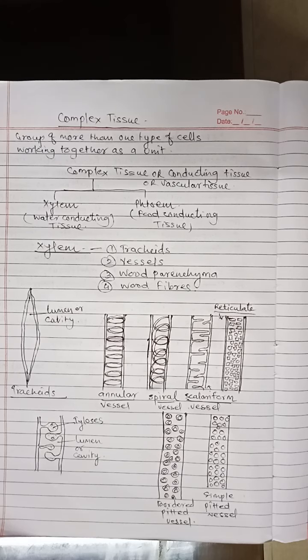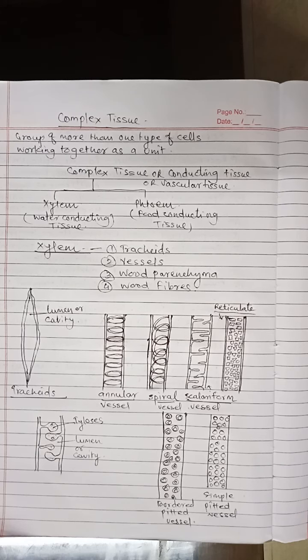In the secondary xylem, xylem parenchyma cells are elongated into rays. They are called xylem rays or radial conduction of water. Then last one, that is wood fiber or xylem fibers. These are sclerenchymatous cells found in the xylem tissue. Wood fiber gives mechanical support. This is about the xylem tissue. It is a complex tissue.